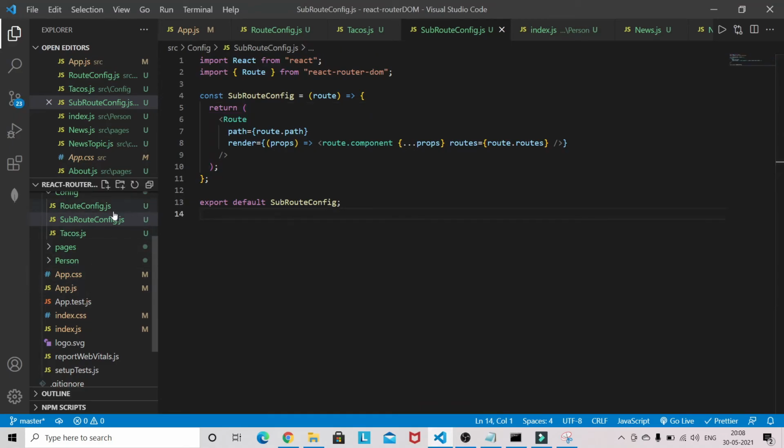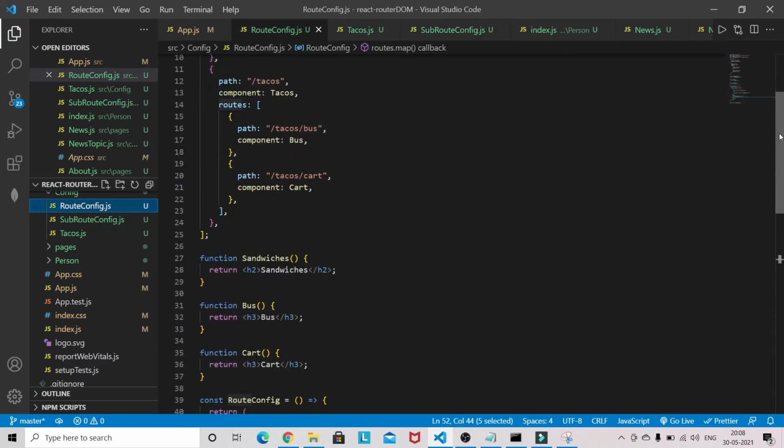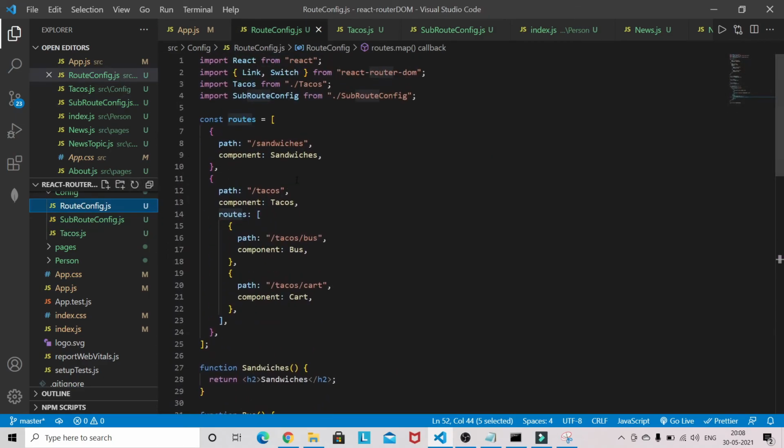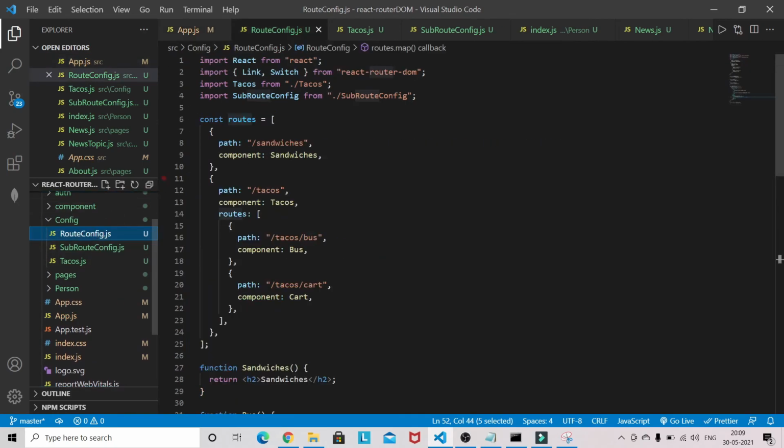I hope you understand this route configuration. You may want to go with either this approach or this approach. Both approaches are fine.